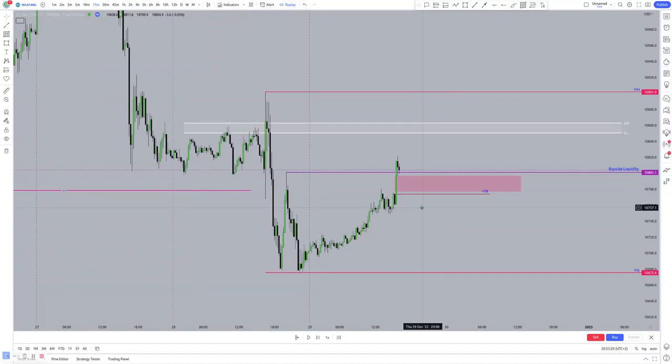I don't know for you how you use your fibs, but this is how I use my fibs. I asked myself, is price in a premium for me to look for sales? No. The only way I can look for sales, price has to come in here. In here,